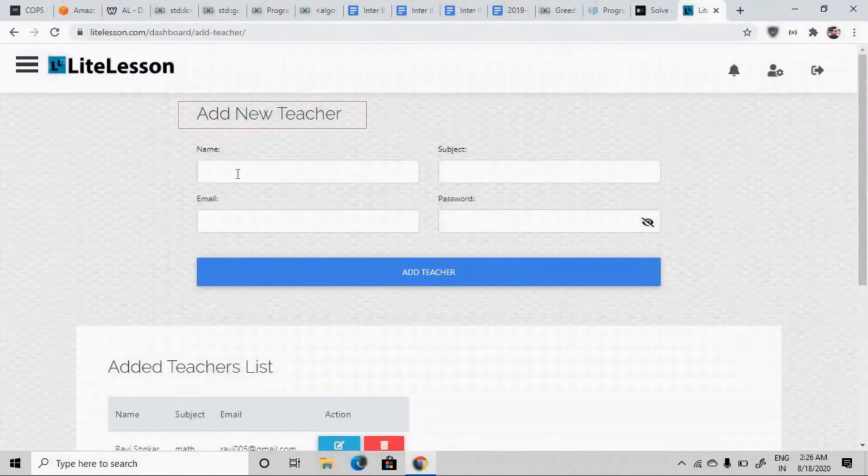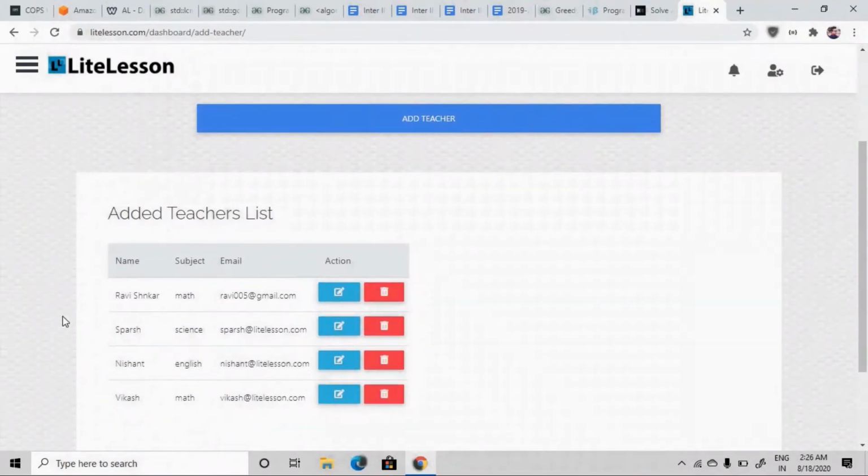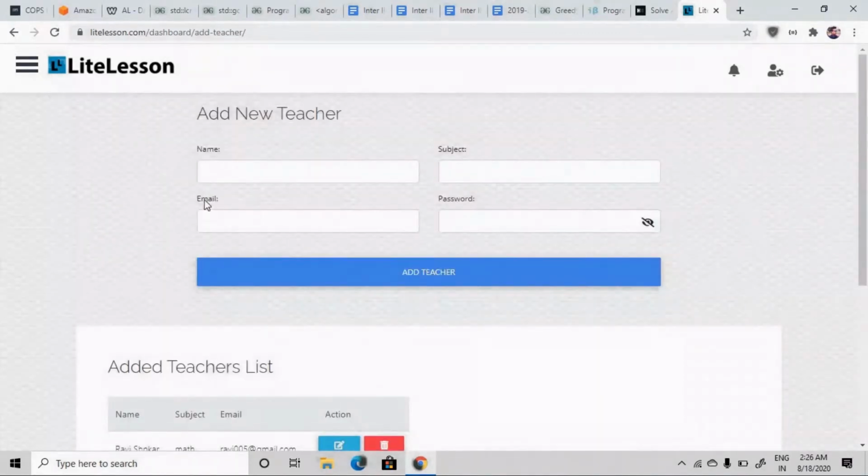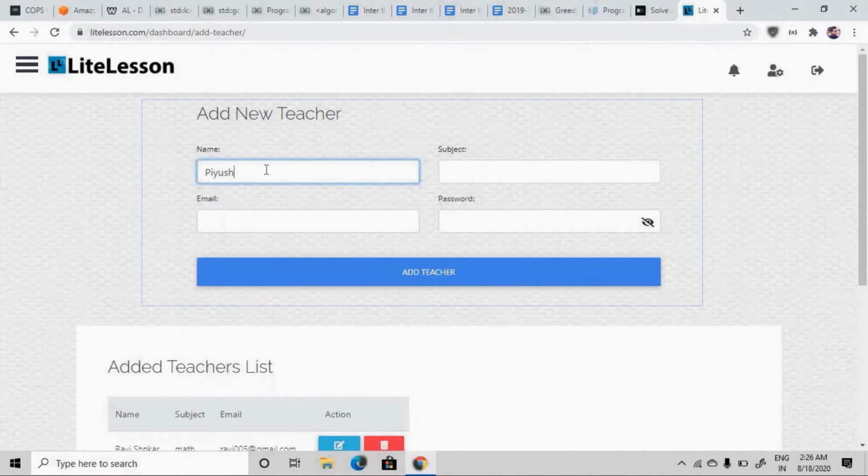So if you want to add a teacher, here you can see the added teachers list here. So like, मैं अभी पीयूष राय नाम के किसी टीचर को ऐड करता हूँ. So write his name here as Piyush Rai, enter the email ID,